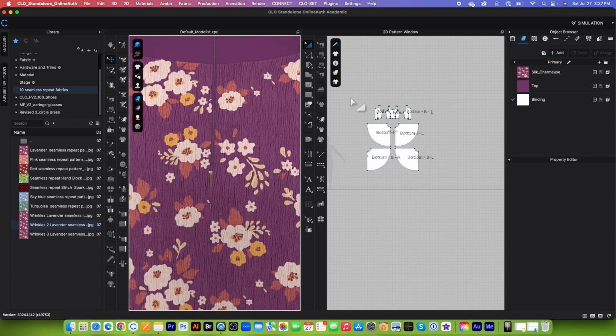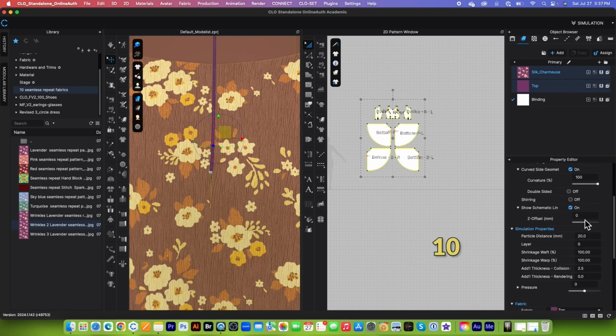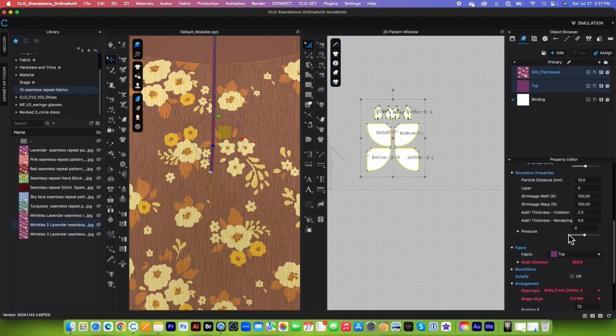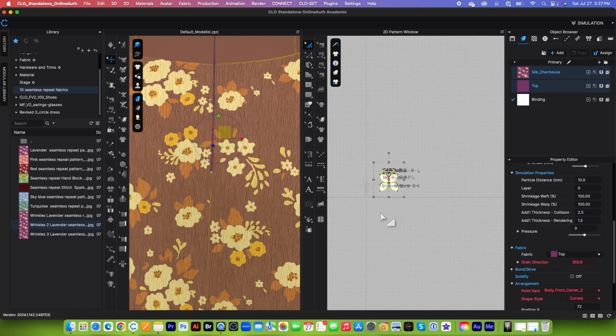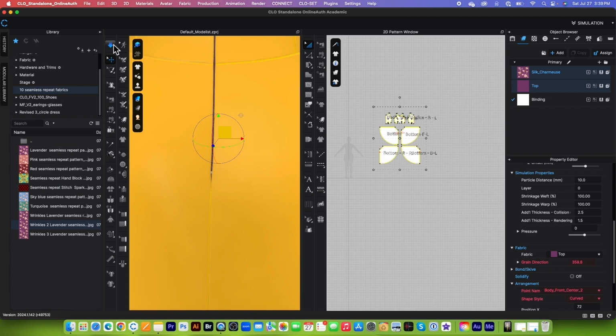So I'm going to come over here, select all the pattern pieces, and then we want to come over here and change the particle distance here to 10, okay? Then press return or enter on the keyboard. Next, I'm going to change the thickness rendering to 1.5 and then press return or enter on the keyboard. And after that, let's strengthen the pattern here and come over here to the simulation icon, click on it to simulate. So if we look closely, you will see the fabric got a little bit thicker,